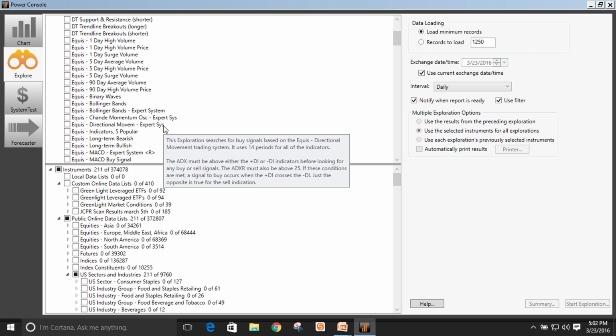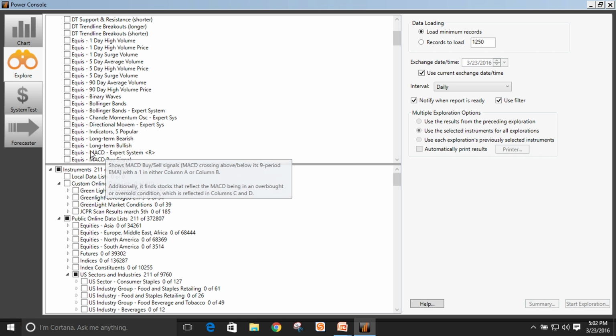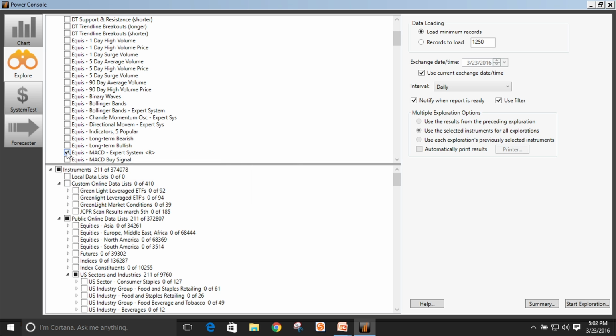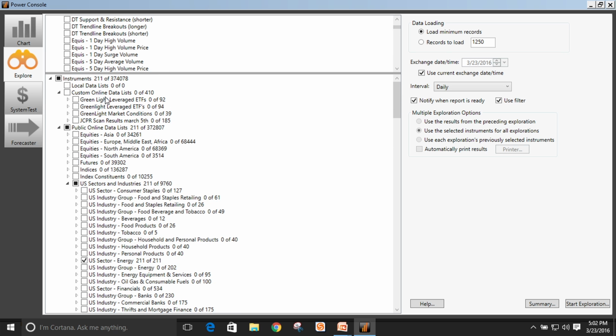And in addition to that, it does have a fairly robust and easy to use language. So if you're looking for something pretty specific, you'll be able to get it designed for you or write it yourself. In any case, let's say I wanted to run a scan and find any of the stocks that had a buy or a sell signal for MACD. I can click on this Equus MACD Expert System. I'm going to scroll up. And this goes back to talk a little bit about the data that's available for you. You'll notice right here there's a huge number,